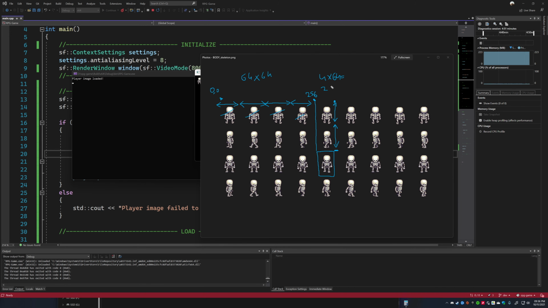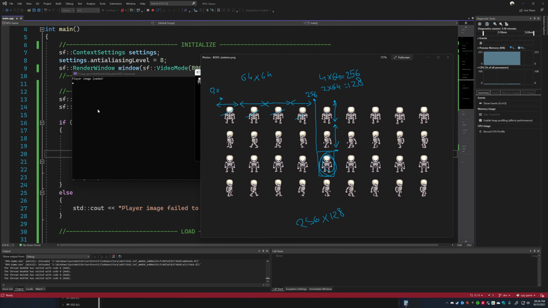That's 2 multiplied by 64, which is 128. So now the position of this sprite is 256 by 128.